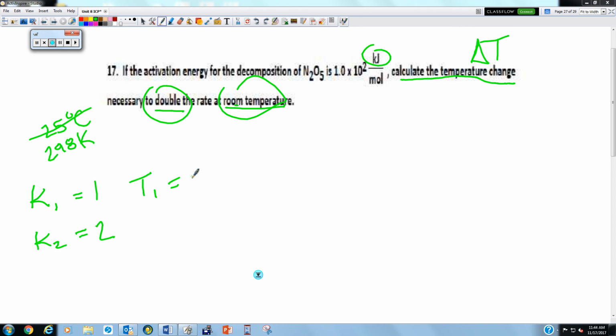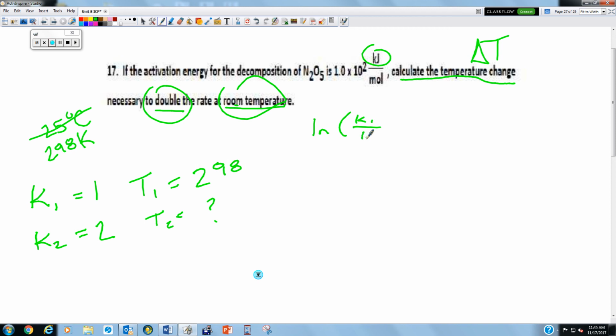Sorry, our T1 is 298, and our T2 is what we want to know. So when we set this up, natural log K1 over K2 equals